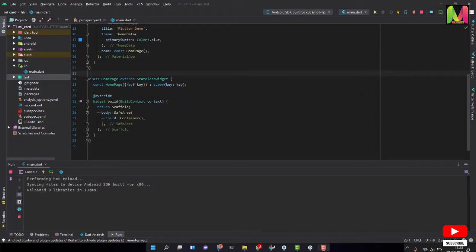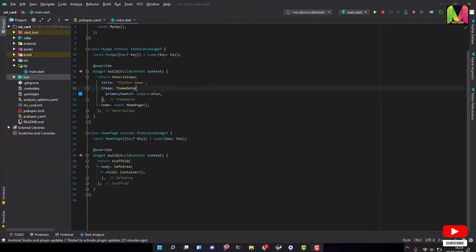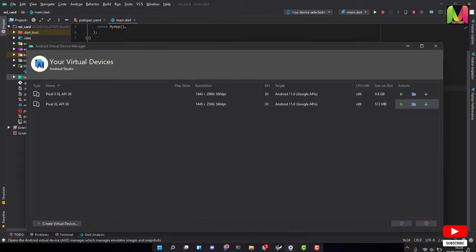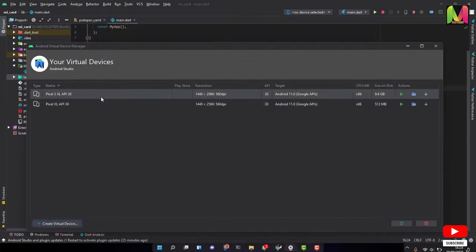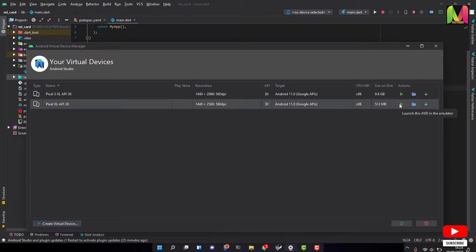Okay guys, so let's continue where we left off. We are going to launch our app on an emulator. Come to your AVD manager, then launch any of the emulators you have created. If you've not created one yet, you can hit create virtual device, select any of them and follow the prompts to create one. But I'm going to launch the Pixel XL